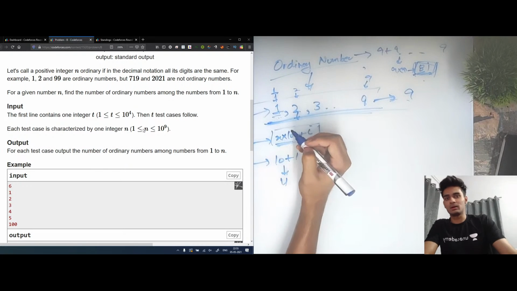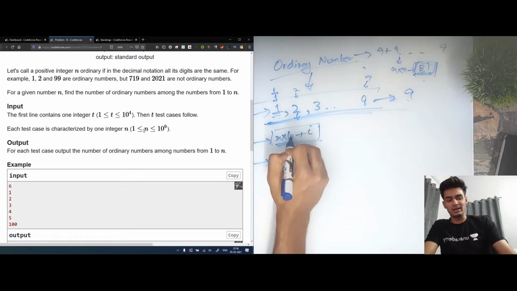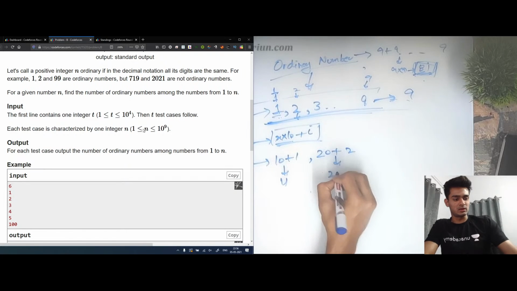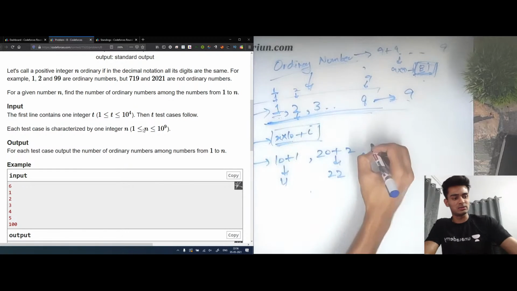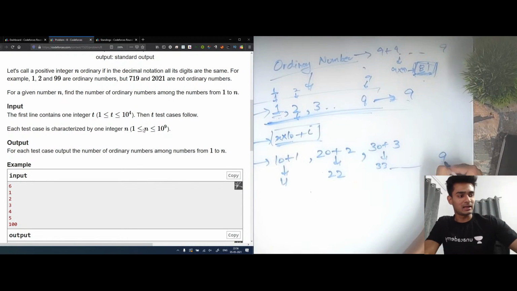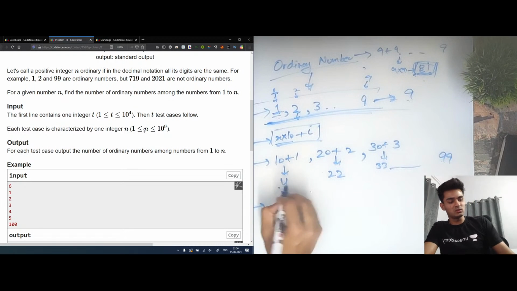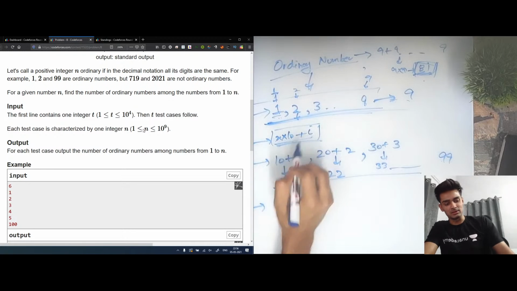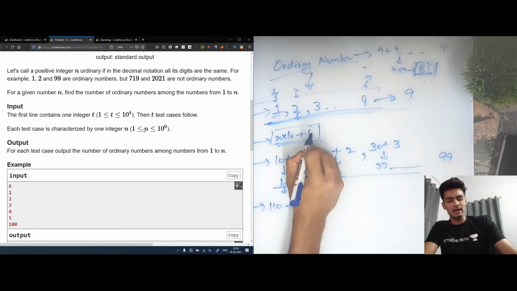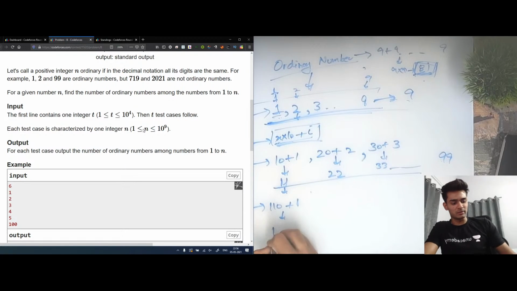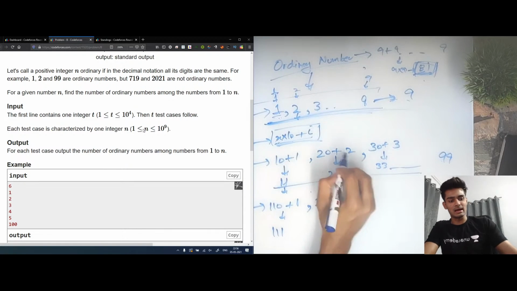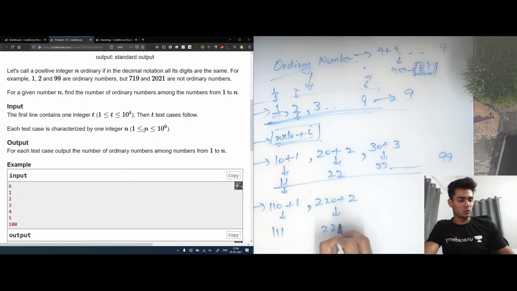Let's see what the next value becomes. For this as well, 2 into 10 becomes 20 plus i is 2, so this becomes 22. Then for the next value we have 3 into 10, so this is 30 plus i is 3, so this becomes 33, and so on. We'll get 99 as well. Now for the next array, we can actually use this array and do the same thing. So now x is 11, so 11 into 10 is 110 plus i is 1, so this will actually become 111. And for the next value, we'll have 22 into 10, which is 220, plus i is 2, and this will become 222, and so on.